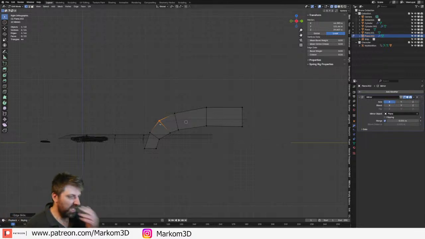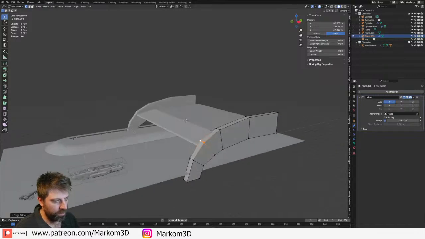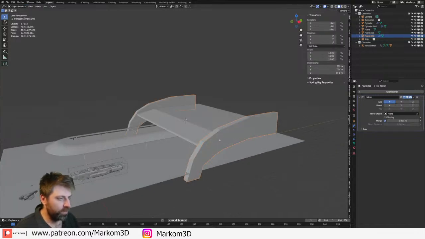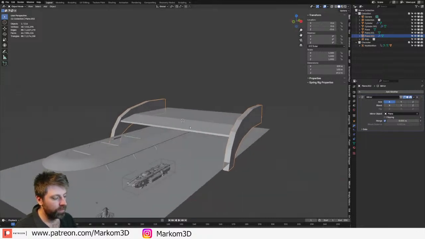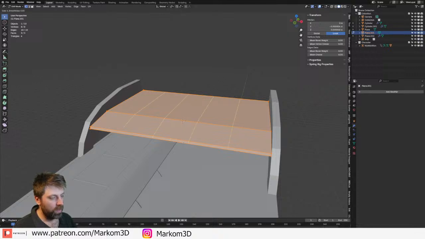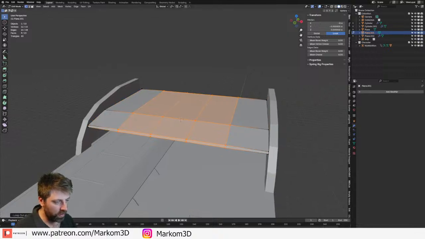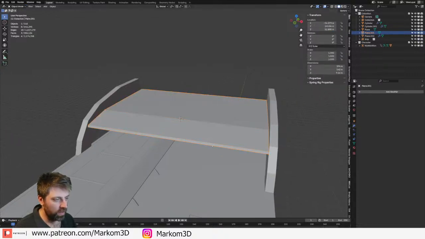Darn it. Because, I mean, at the end of the day, the roof needs to have something. It's almost like do that. Actually, undo that.